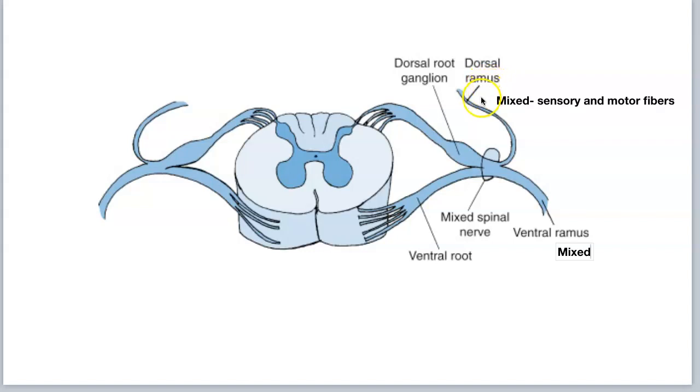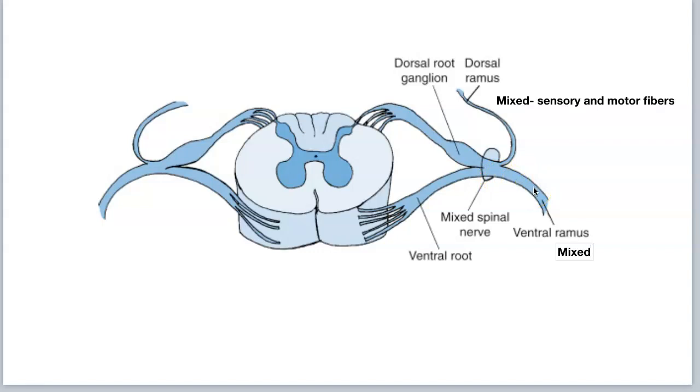The dorsal ramus is so small. It's small because it is only carrying sensory information from the back of your neck and your back, and it's carrying motor only to the deep back muscles. That is it. That's the only place these dorsal rami are going to be going to. The back of your neck and your back. The deep muscles of your back and the sensory to behind your neck and the back, the skin. That's it. Whereas these ventral rami,